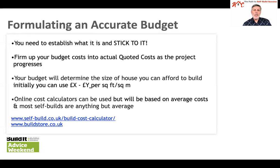Formulating an accurate budget is absolutely critical. You need to establish what it is as early on in the process as you can, and then stick rigidly to it. How much you have to spend will obviously dictate the size of the house you can afford to build, and an architect will need to know what your budget is before he can commence drawing up sketch proposals